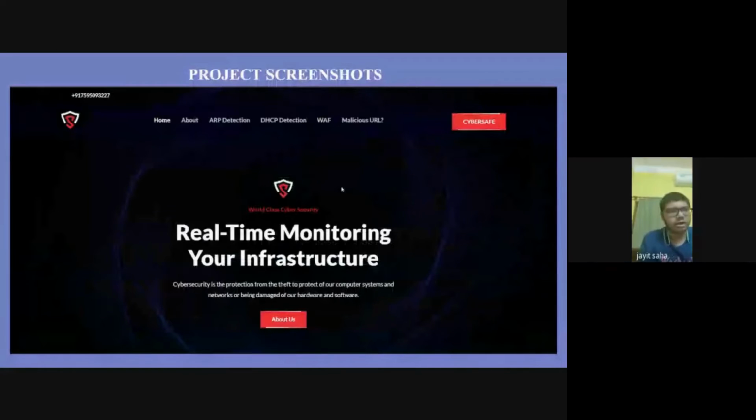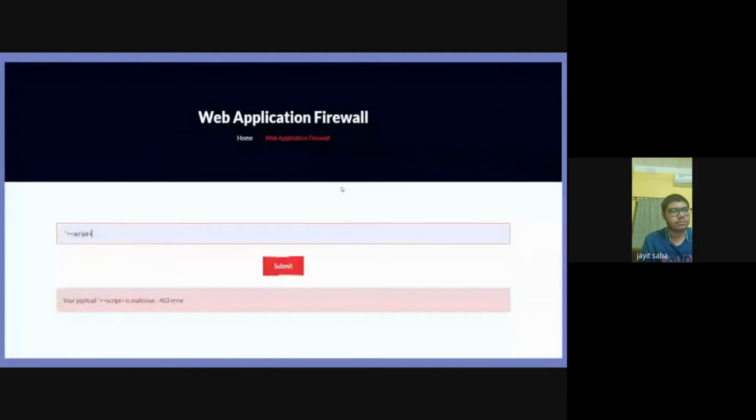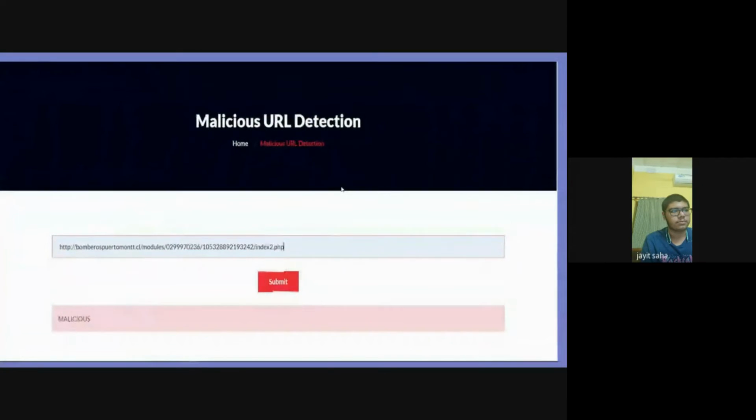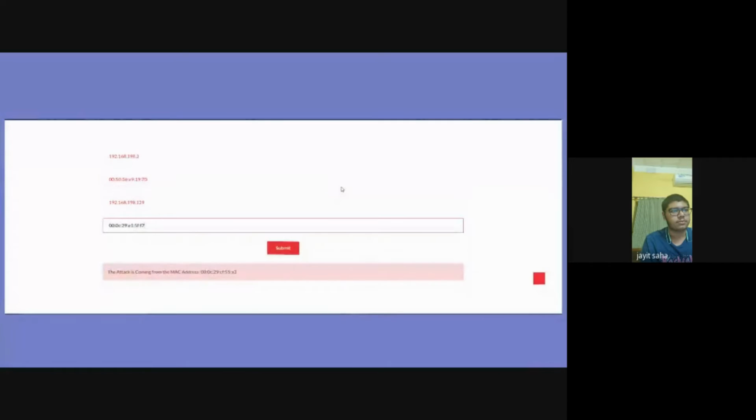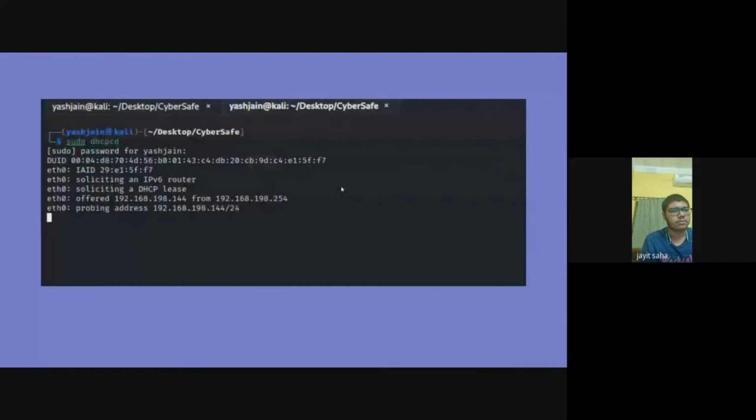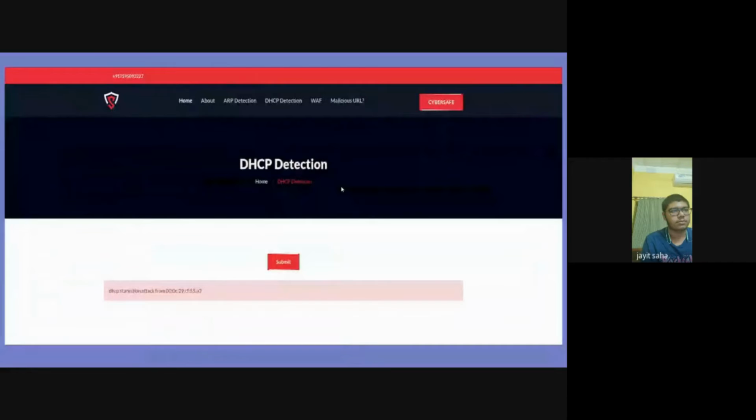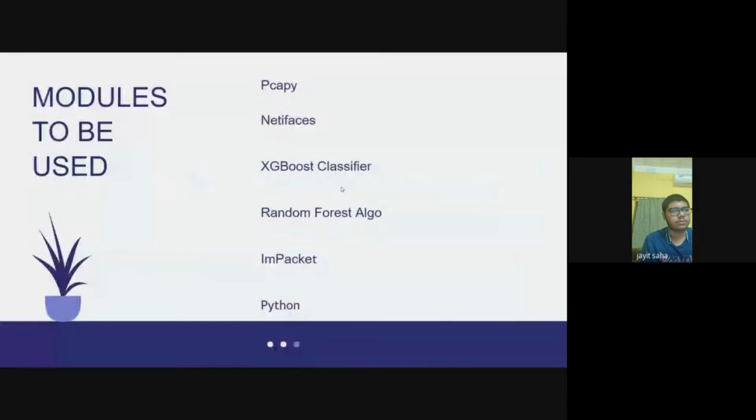Next, we will have some screenshots of our application. These are the modules that were used in our application, namely PCAPI, NetInterfaces, XGBoost classifier, random forest algorithm, IM packet, and majorly Python.